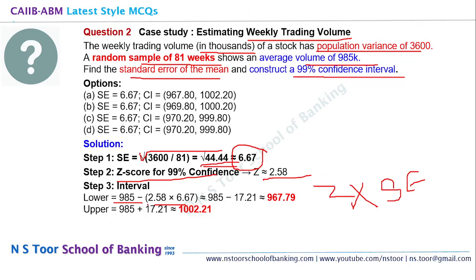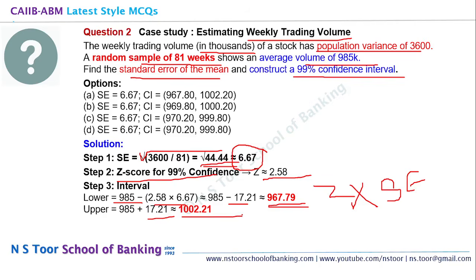So 2.58 into 6.67 is equal to 17.21. So 985 minus 17.21 is equal to 967.79. And if we are going for upper confidence level, it is equal to 985 plus 17.21, that is